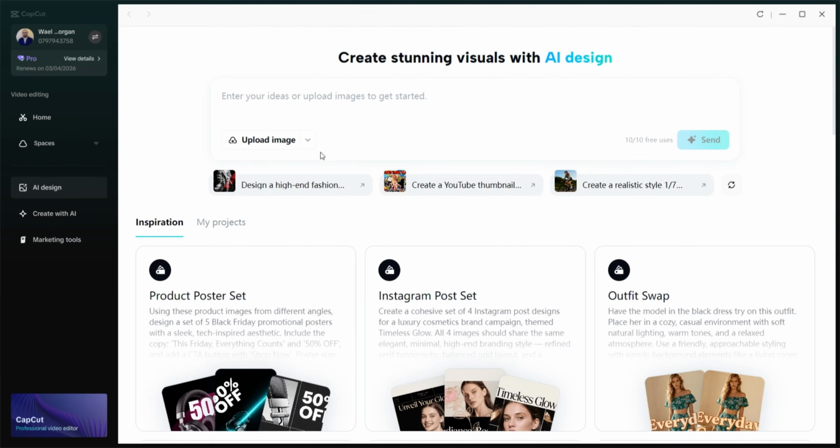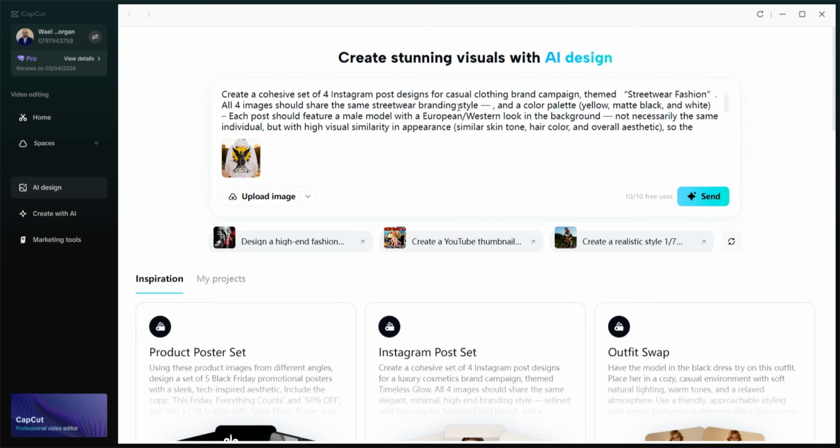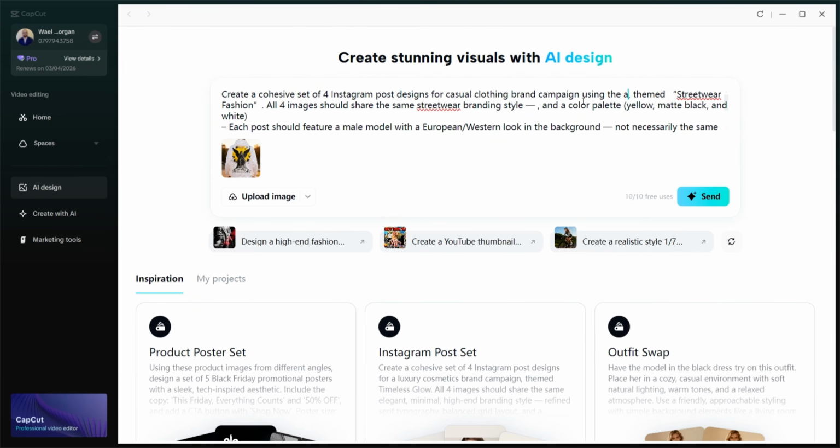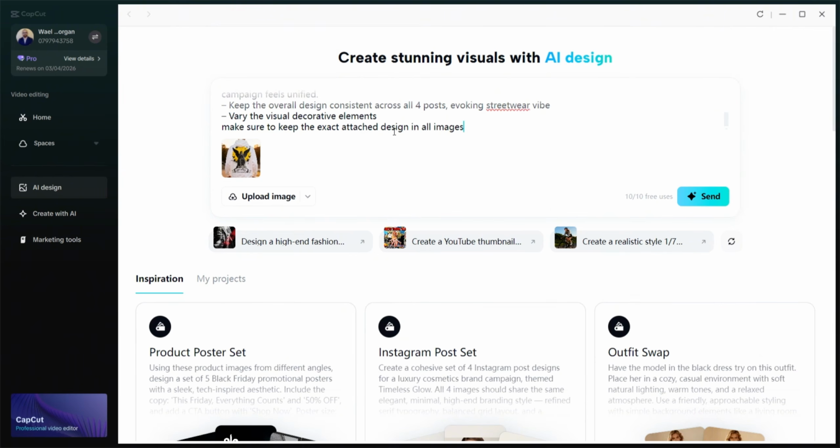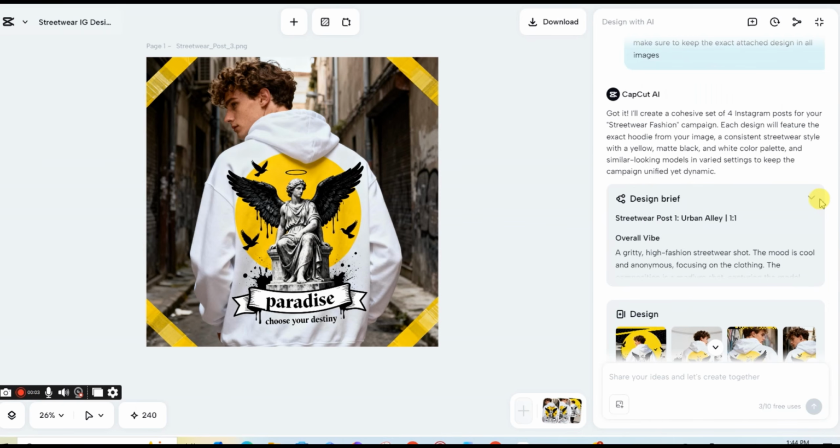Now let's go back to our home screen and upload one of the mockups of the design, and I'm going to ask to create a cohesive set of 4 Instagram post designs for a casual clothing brand campaign using the attached design. So it's a detailed prompt elaborating what I am looking for in my 4 Instagram posts, and here are the